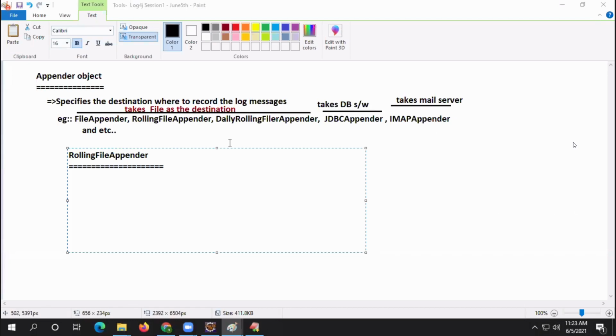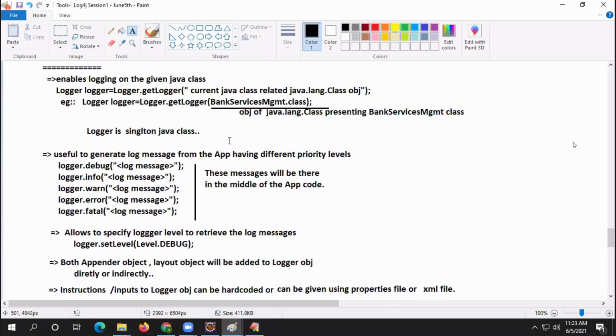Guys, did I introduce any coding? Without seeing it, if you say you're confused, what can I do? I'm just explaining what is what, and people are saying I'm confused. I'm just telling the roles of each object. If you are still confused, you are very poor in core Java, sorry to say.